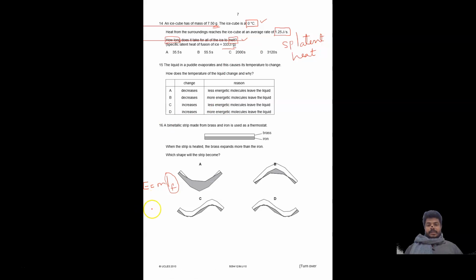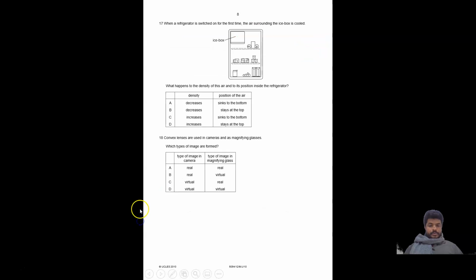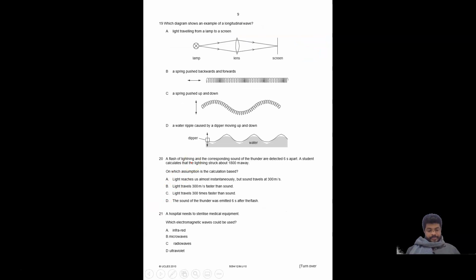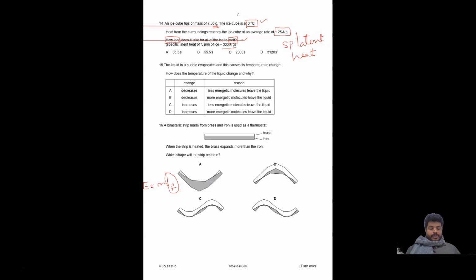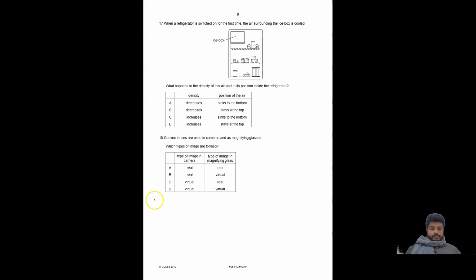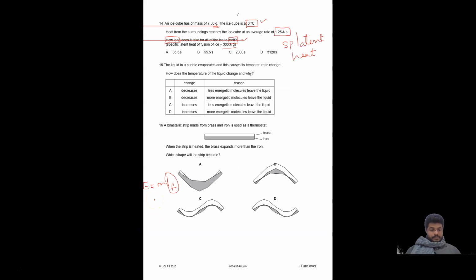We have to think, and we need the help of another formula: energy is equal to PT. So in place of energy, I write power multiplied by time, and